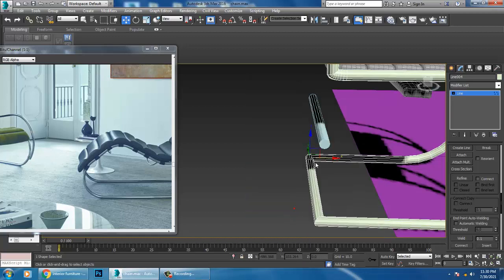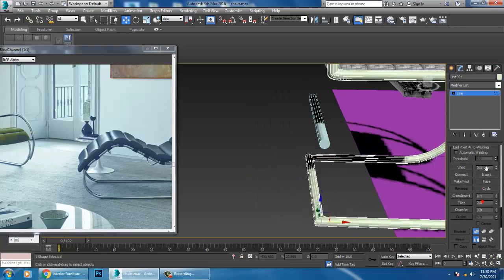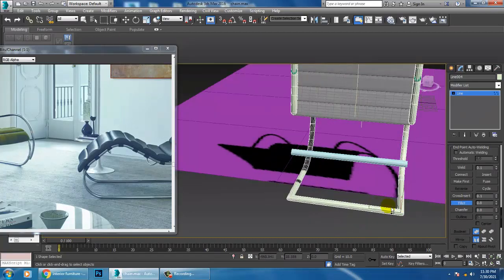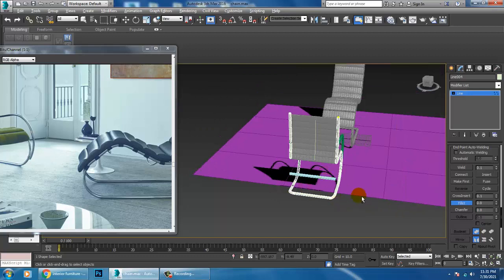Fuse vertices, weld vertices, and let's give a bit of fillet.